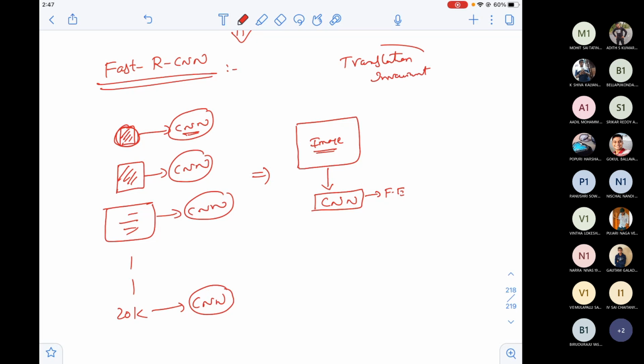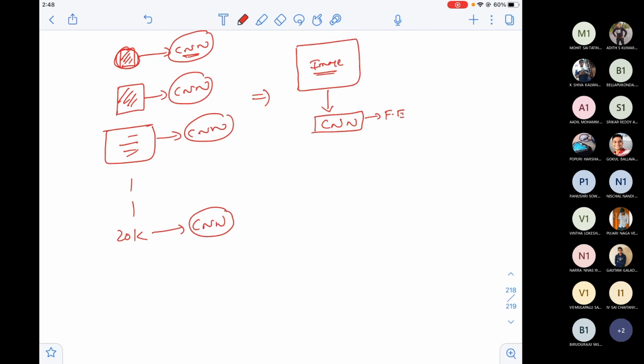Translation invariant. Have you ever realized, if I have trained my model to detect a ball, and assume that in all my images during training, the ball was there only in the upper part of the image. But during testing, I've given the ball in the lower part of the image, but still it would classify this as ball. How? Because of the feature representation that was done by the CNN. So that's the reason CNNs are translation invariant.